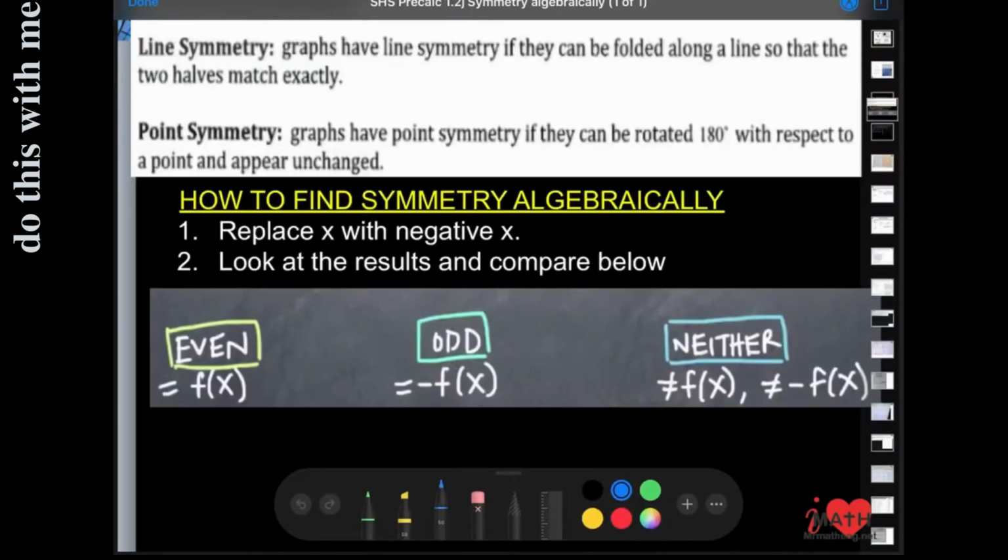Hey guys, let's figure out how to find symmetry algebraically. Line symmetry is where graphs have a line of symmetry if they can be folded along the line so that the two halves match exactly. A couple of examples that we've talked about